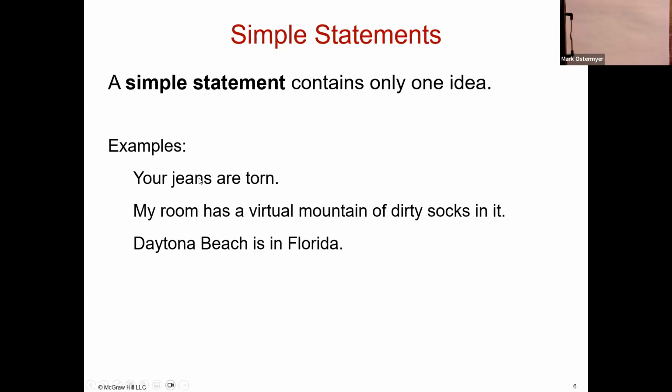See, these are only one idea statements here. They focus on just one idea. First one just focuses on jeans. Second one focuses on dirty socks. The third one, Daytona Beach is in Florida. That's obviously true. That's a statement. And that's just a one idea statement. Right. So those are one idea statements